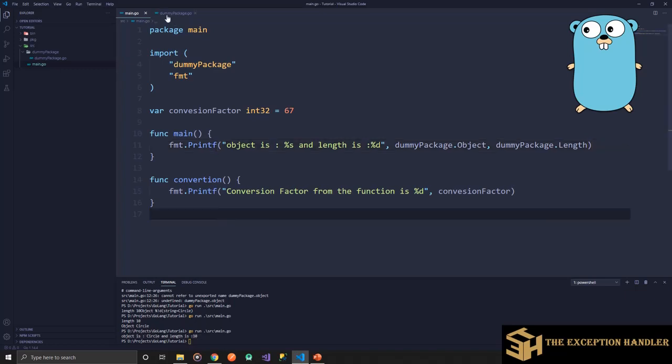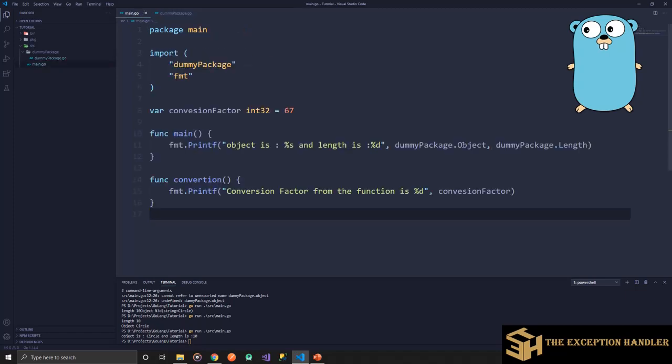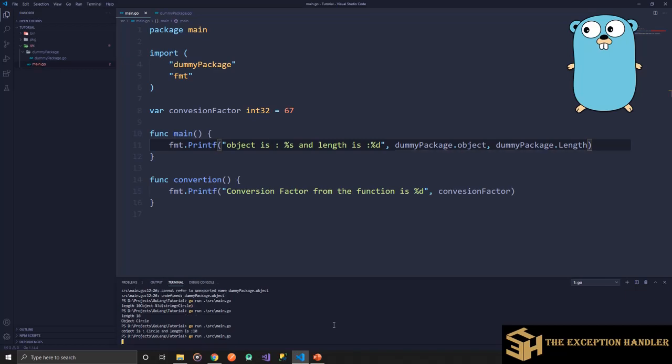Now if I change the name of the variable object and start the name of the variable with a small o and try to access this variable over here, then we'll get an error that the object variable is not exported from the package. If you see, cannot refer to unexported name dummy package dot object, undefined dummy package dot object.